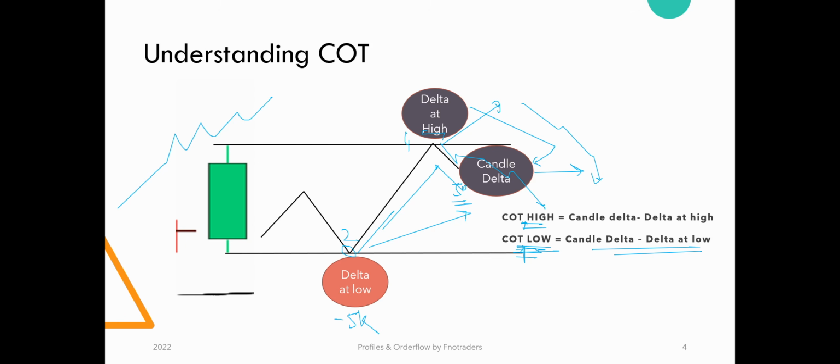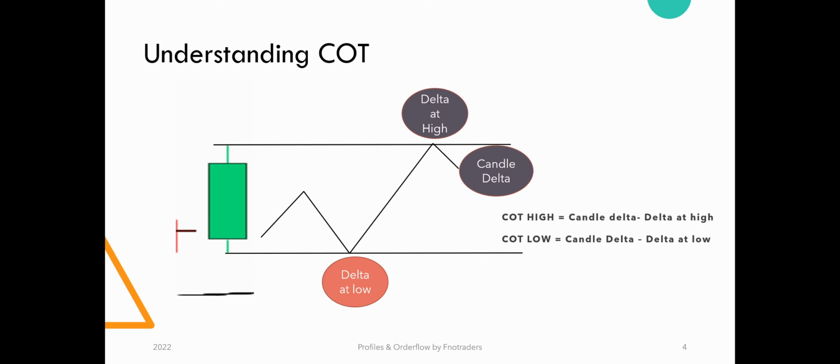Okay, and basis that we try to make different interpretations, identifying trends with COT, identifying trap traders with COT, etc. I'll share a few examples quickly. I don't want to make this an elaborate session. I think we'll cover more live examples as this evolves and we trade together in a group.